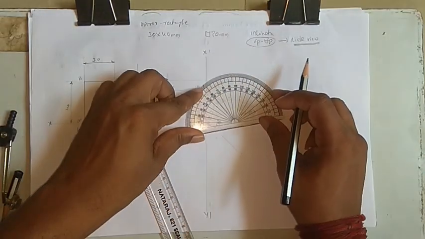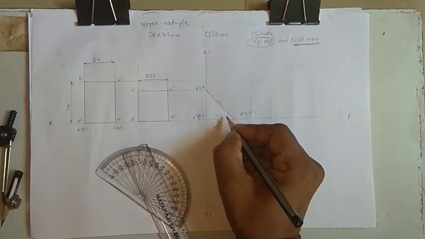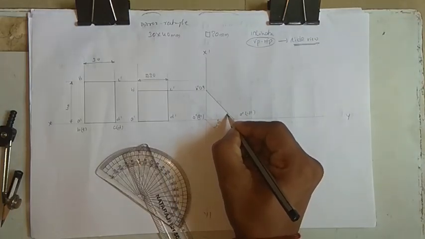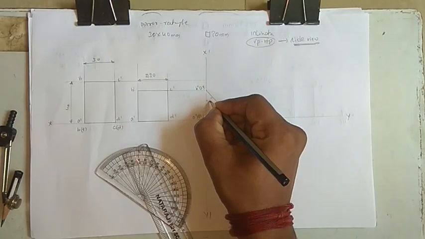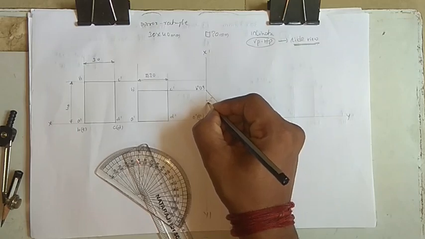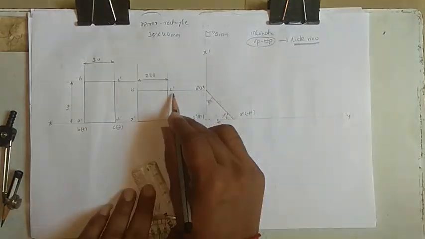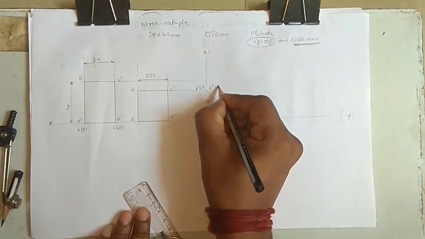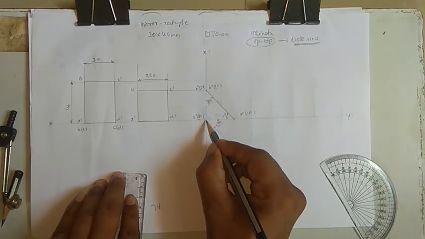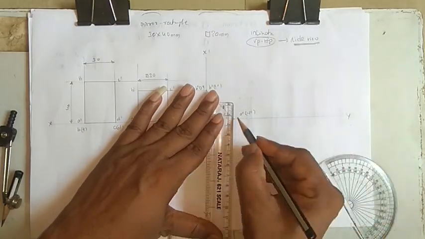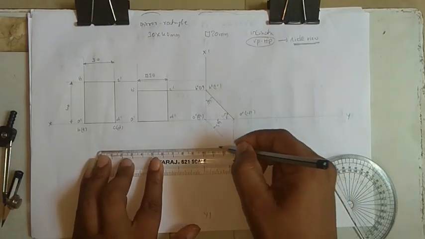Okay, so now we need to find the inclination. So it's 48 and 42. So this is around 48, and this is around 42. Okay, so now this name will remain the same, B double dash. So you can just write this side also. Now this projection will remain on the same line, so just take it here like this, and this projection we need to find where it will go. So take it till 45 degrees and just drop a line.